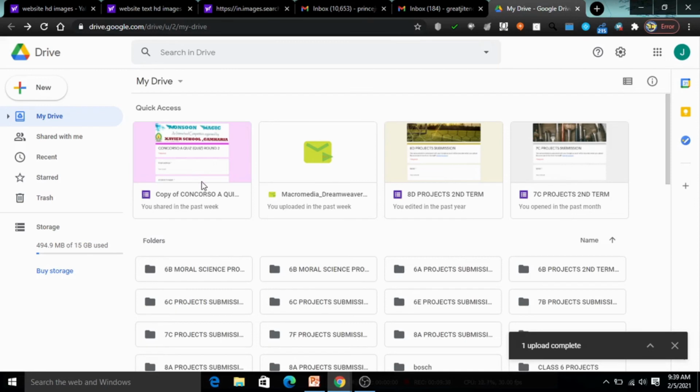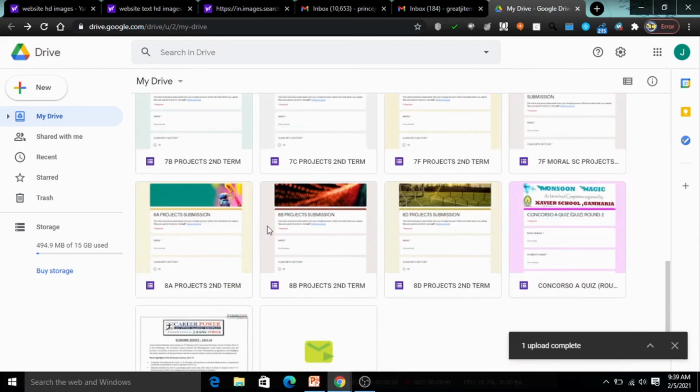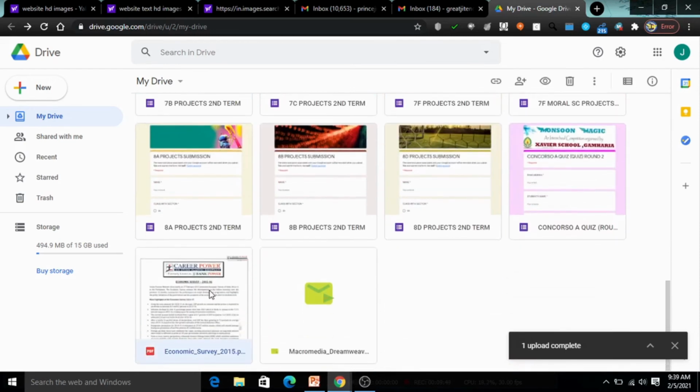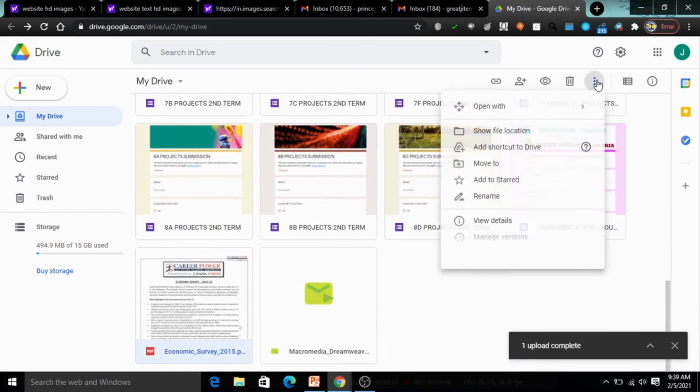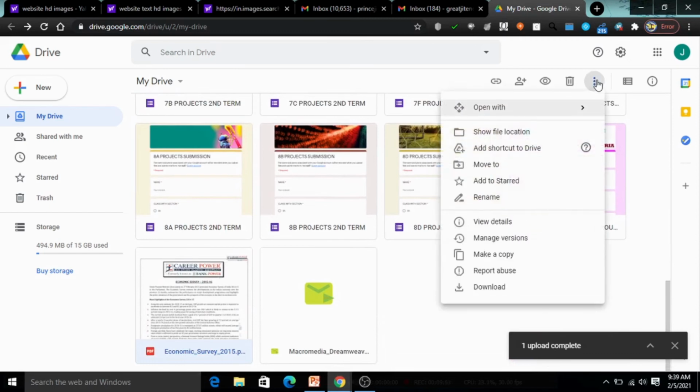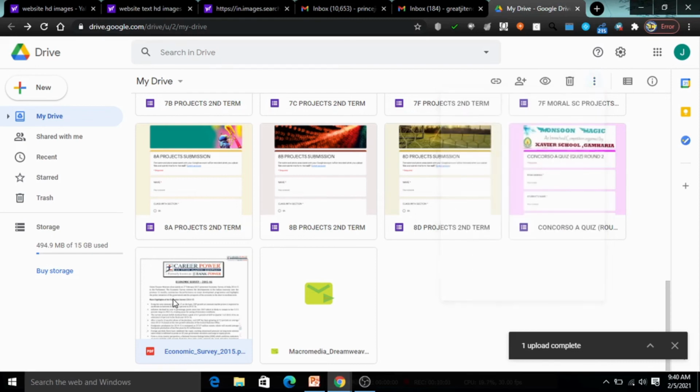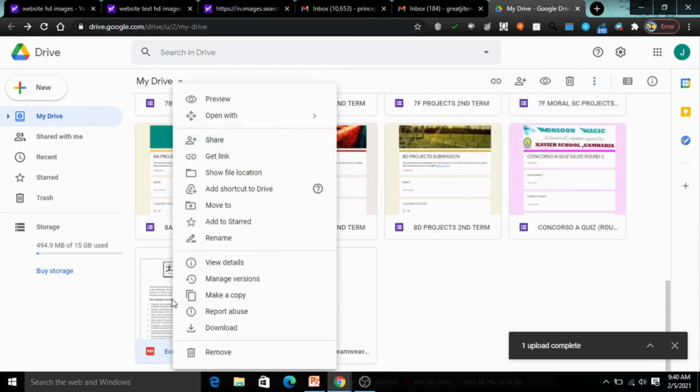Suppose I want to share this one, I'll select this file. Click on the three dots, more actions button, and from there you can add shortcuts to Google Drive, or you can also share this file. Here you can get a link, or you click on share.